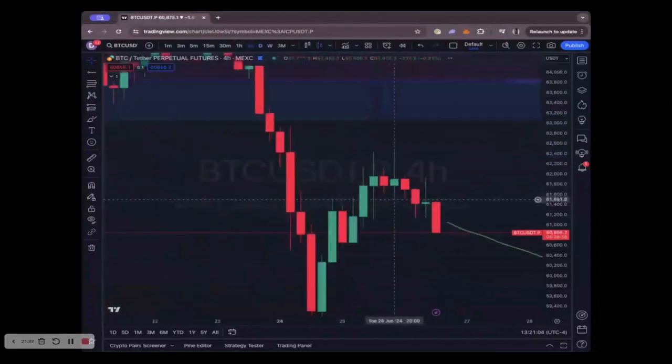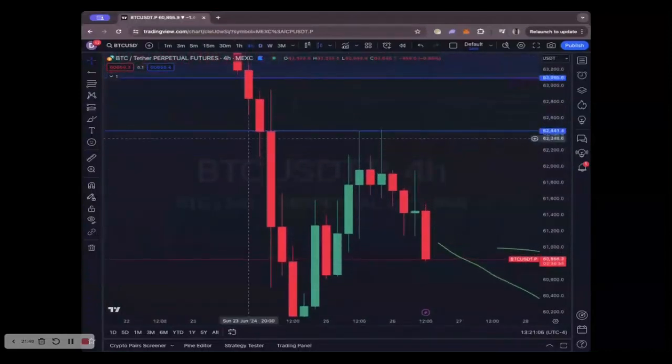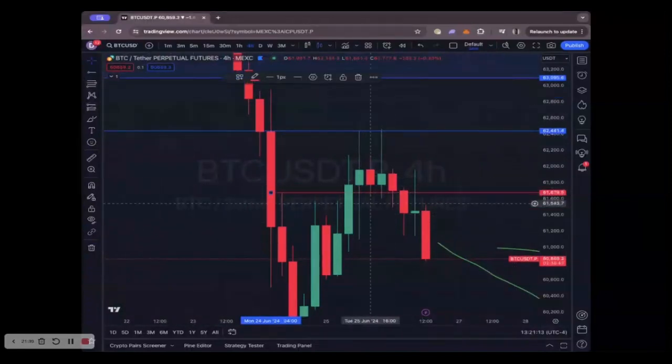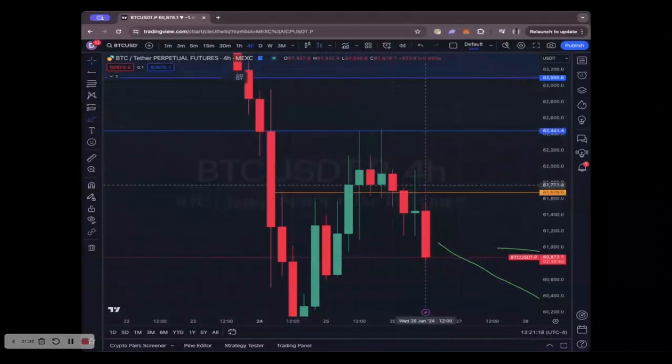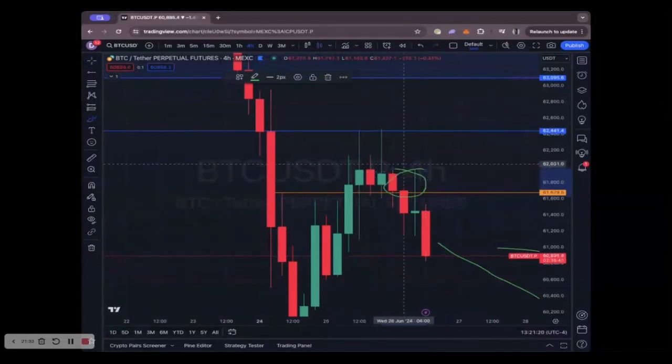So on the 4 hour right here, you can see that we did just tap into this, and we already made closures and respected the 4 hour right here. So we actually closed as soon as we closed below, we respected this. So honestly, if you're not in shorts already, I would say get in shorts,